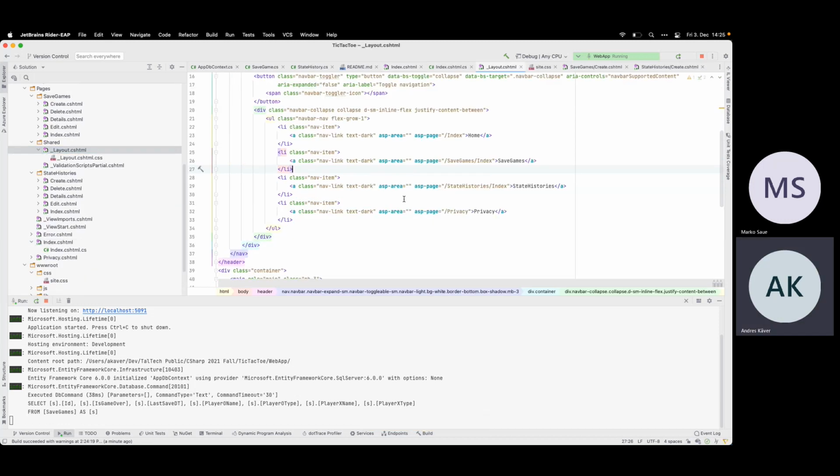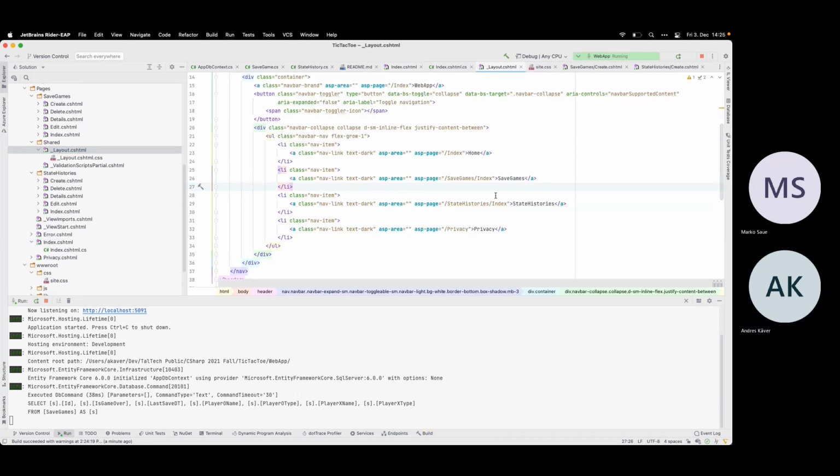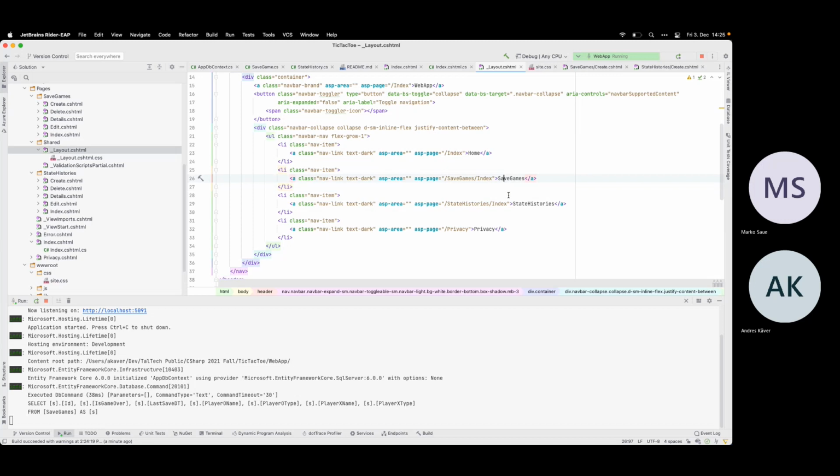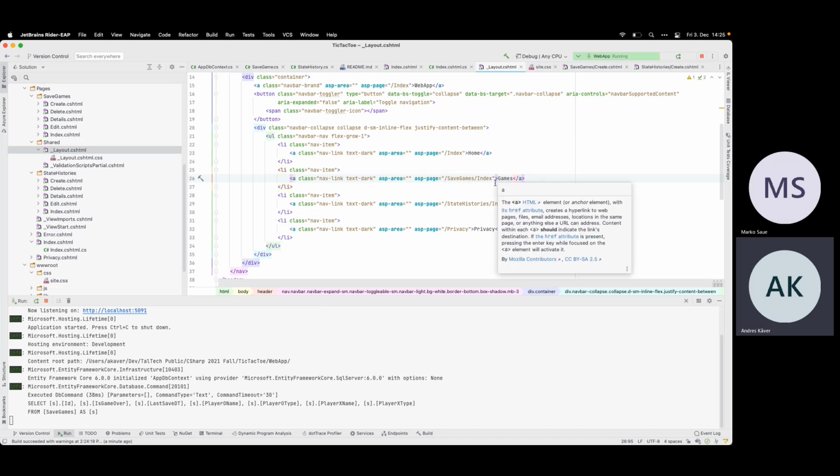Shared layout. So actually I need to do here save games. Let's say this is our initial entry point, or the next entry point. So I already need to actually check here, let's call it the games. I actually need the username here already.